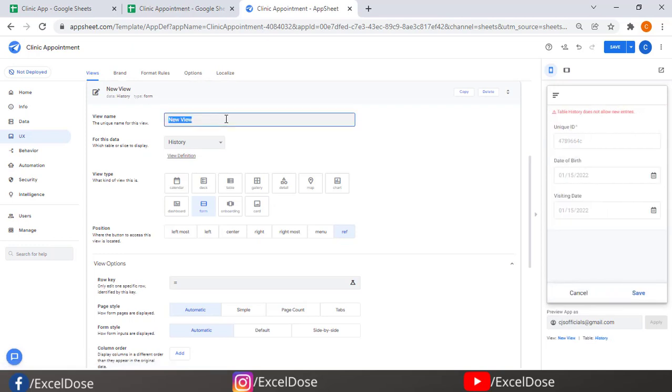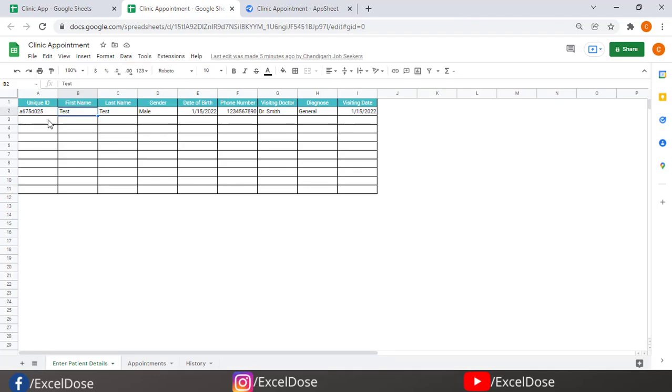Instead of reschedule, I will type it as edit or modify, and that change should happen in the enter patient details, because we have to update every entry in this particular tab only, right?